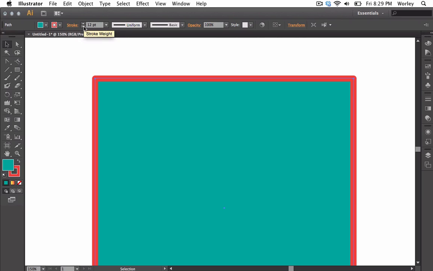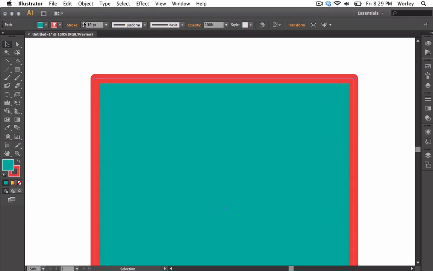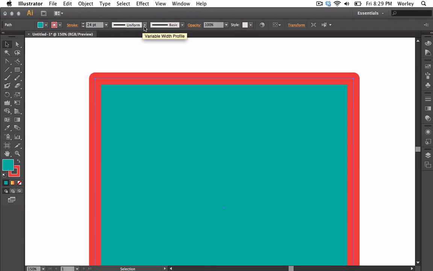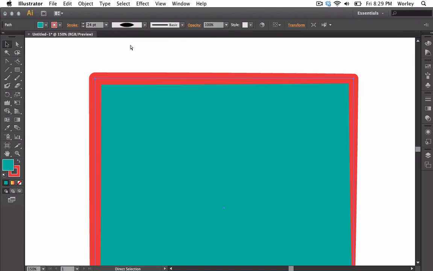The point means the size. So how many points do you want that stroke to be? Now here is where the strokes get pretty cool. If you go to uniform and click the drop down, you'll see that you have these different options for different